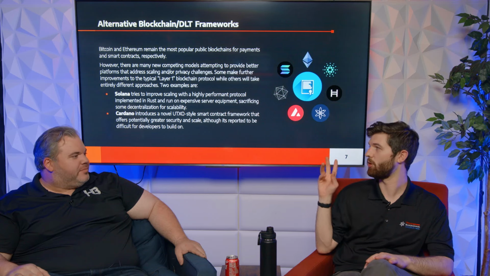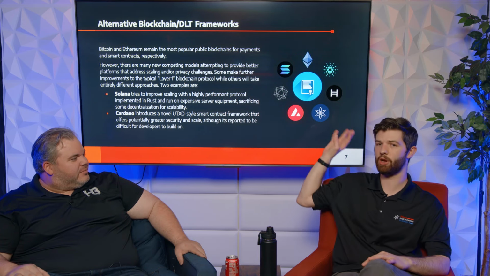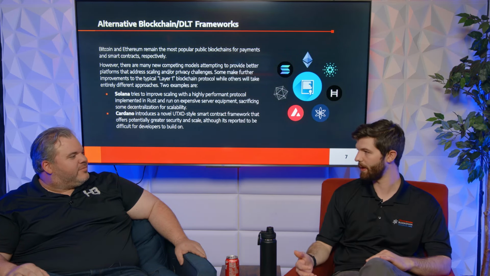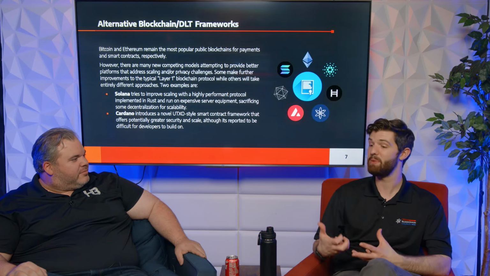2 examples of layer 1 blockchains we can talk about. And these are examples that are focused more on Ethereum competitors. Bitcoin has had a lot of payment competitors, even as early as 2012, like, well, I can do payments but better, like Litecoin. Like, oh, we're going to reduce the block times and we'll be faster, and there's going to be 4 times as many in the supply, so silver to Bitcoin's gold. That was their take. And you had Zcash and Monero that were trying to be more privacy focused. You have a lot of others. So Bitcoin went through its own round of people trying to be a better money, essentially.